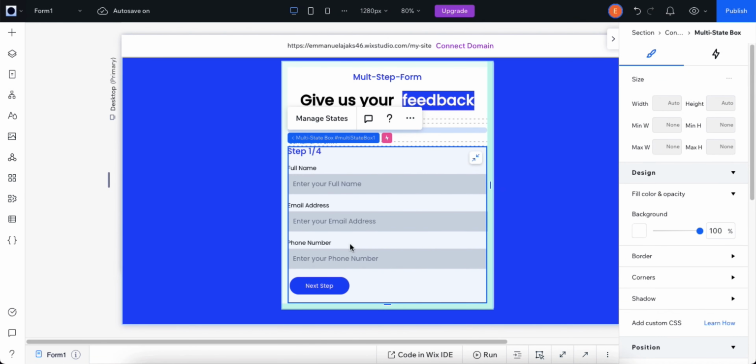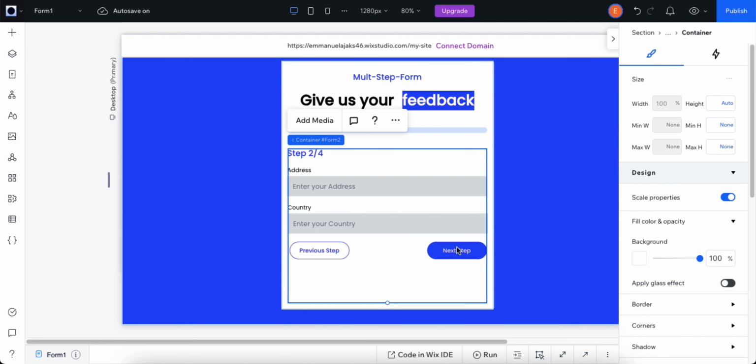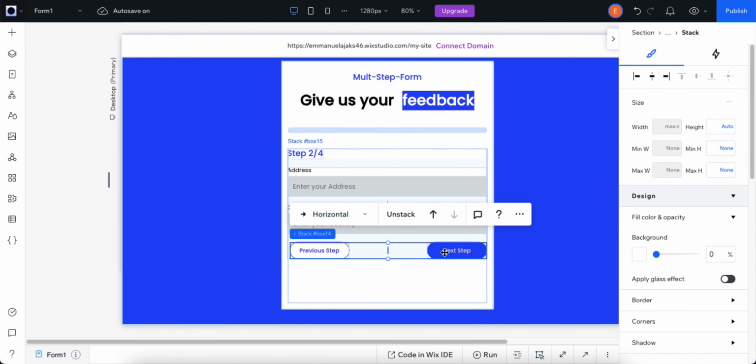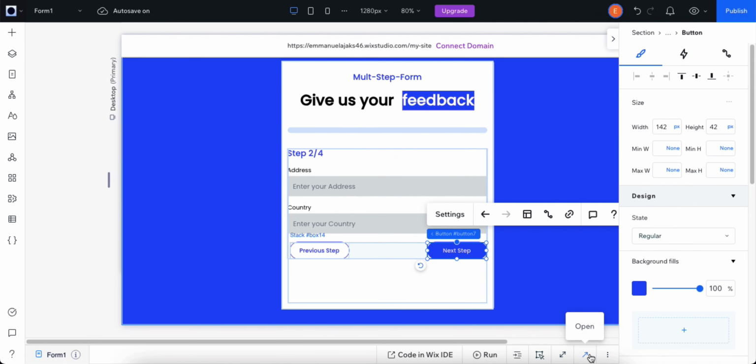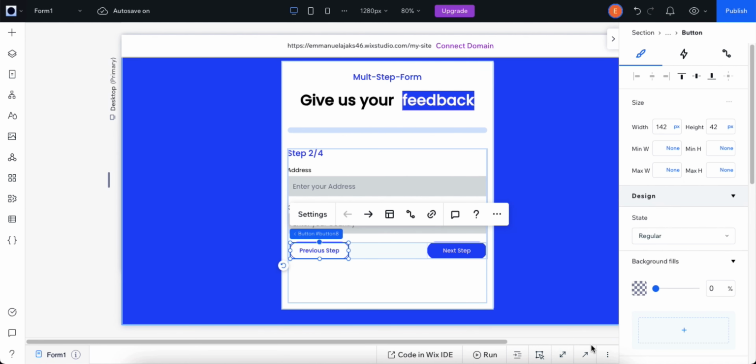Now I'll begin by naming each of the next step buttons in the form. So since we're already giving this one a name of next button form 1, we'll go to the next form, which is form 2. I'll come over here and change this to next button hyphen form 3. This is because once we click on this button to go to the form 3, or for the previous button,